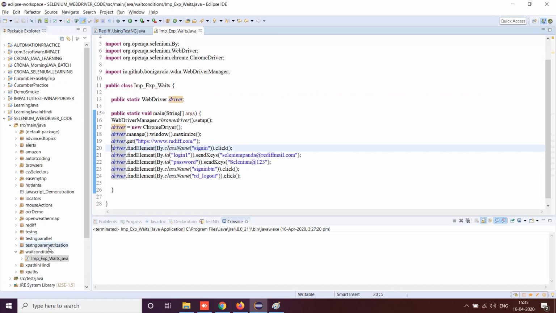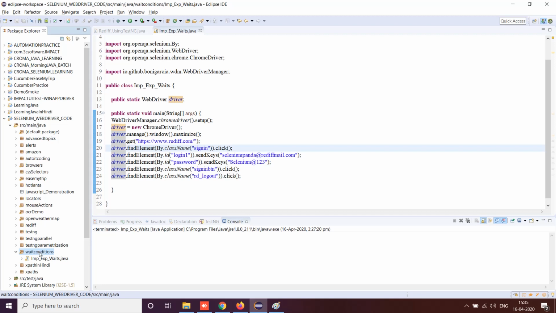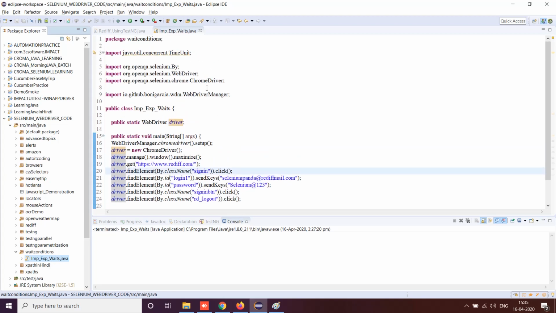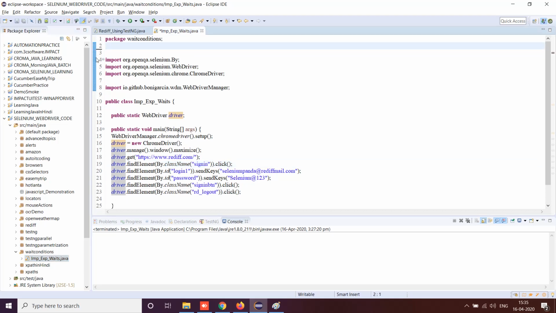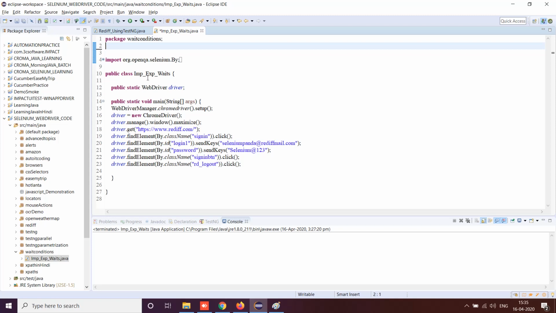So what I've done is I've created a package known as wait conditions. If you can see here, I have created a package known as wait conditions, and then I created a class known as implicit_explicit_waits.java, and then I have just written a very simple Rediff code, which anyways I generally teach on Rediff.